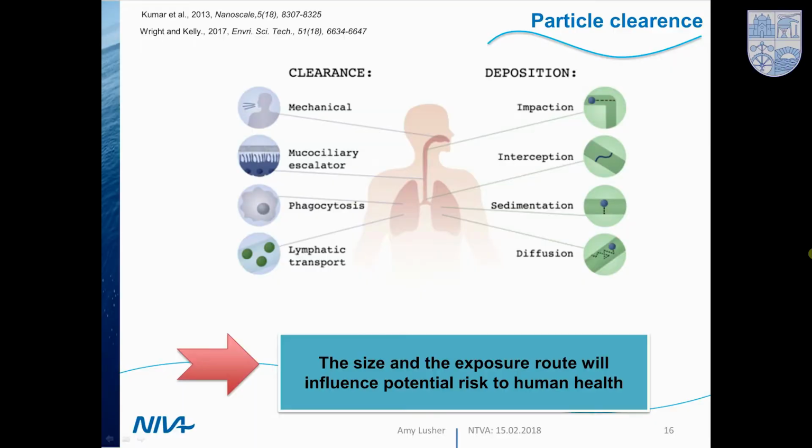But we also need to consider how plastics can be deposited. If they escape the clearance mechanisms, they can cross the cell boundaries by diffusion. They can lodge themselves into different parts of the cells on the cell linings, and they can also cause blockages and go across that way. And if there are large amounts of them, they could cause impaction, which is the blockage of the airways.